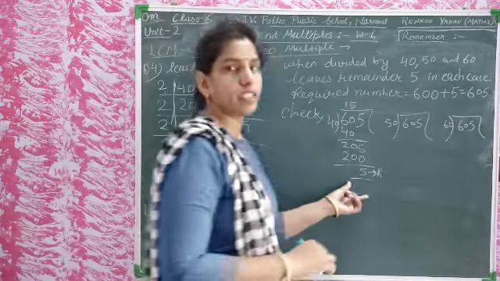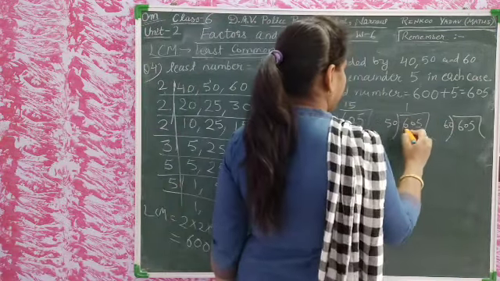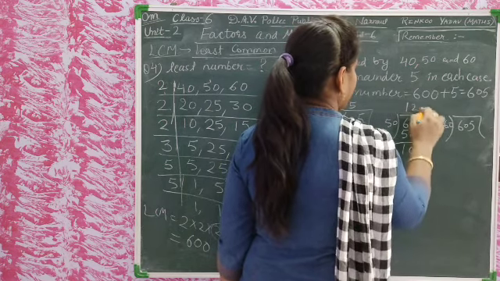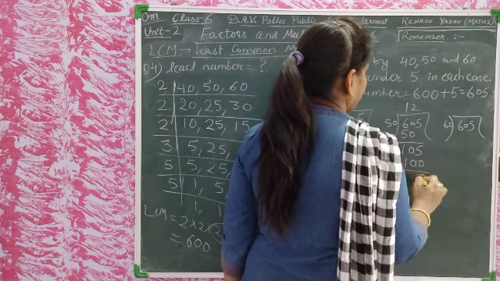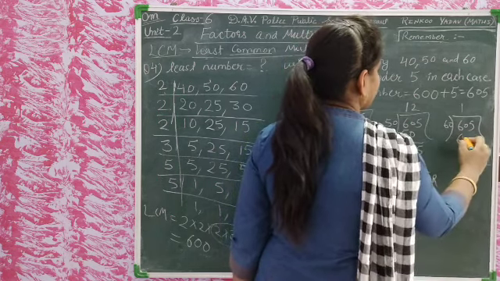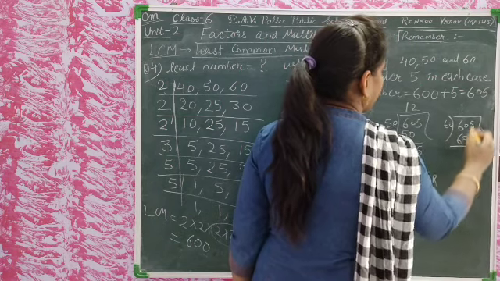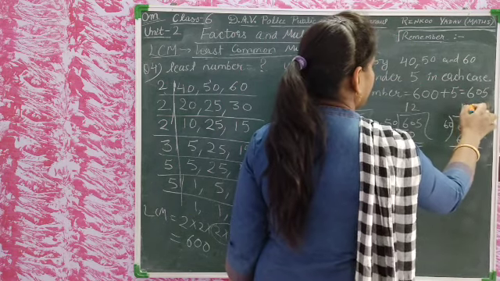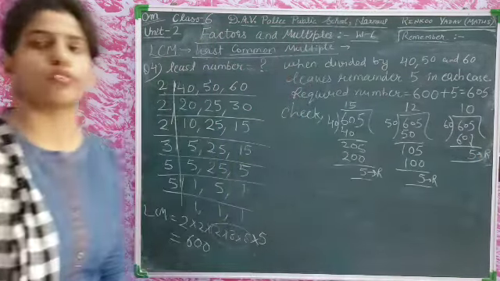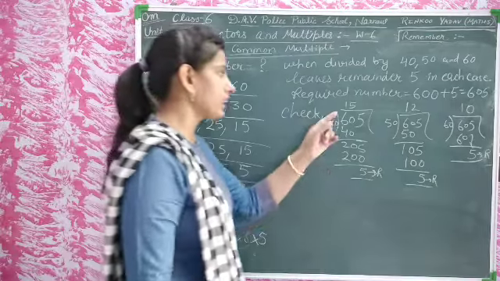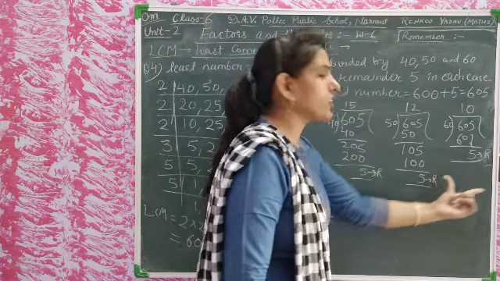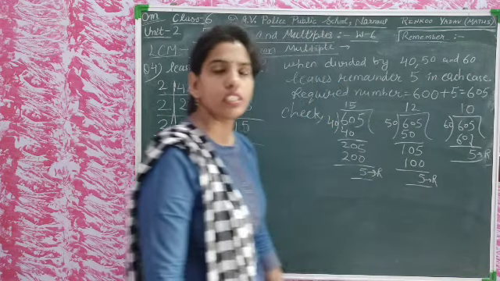We will get here 5, and 50 1 ja 50, and we will get here 10, 5 5 2 ja 100, and 5 is there. There is also the remainder 5. And now 61 ja 60, and we will get here the 5, not divided by, so it will take here the 0, and this is also the remainder as 5. Students, you are seeing here that if we divide 605 by 40, 50 and 60, in each case the remainder is 5.